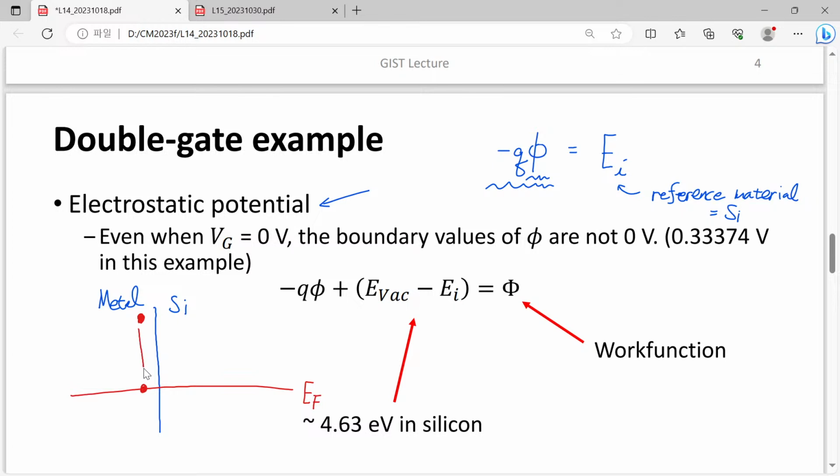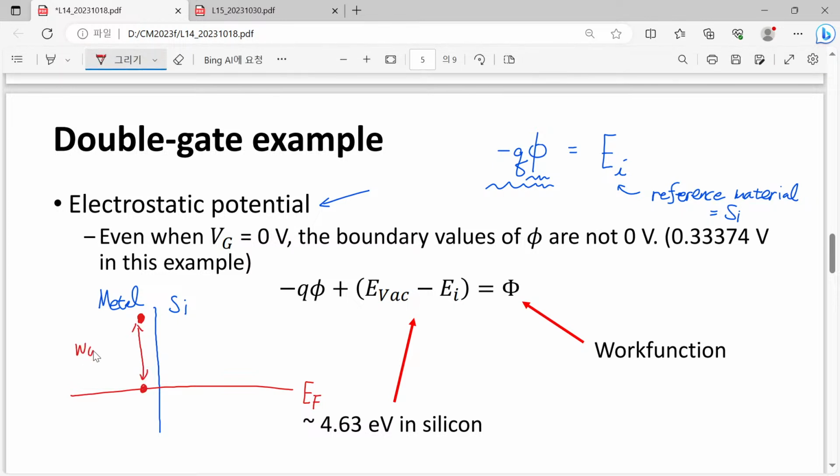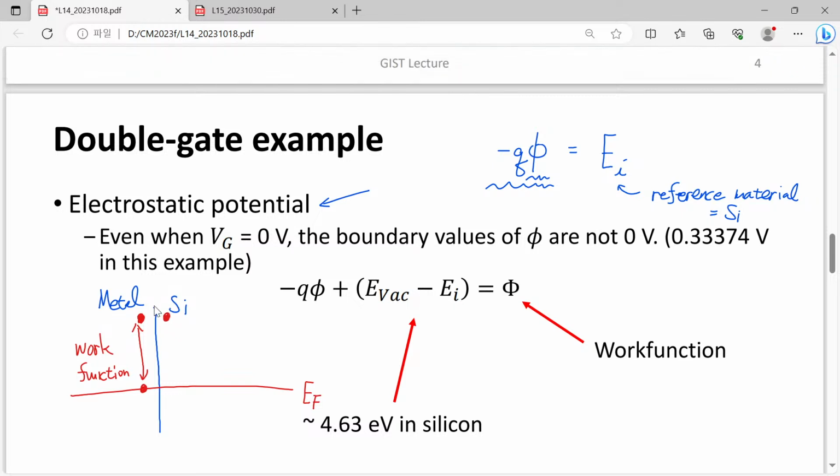So there is the energy difference defined as work function, and work function is continuous across the metal silicon interface because this is